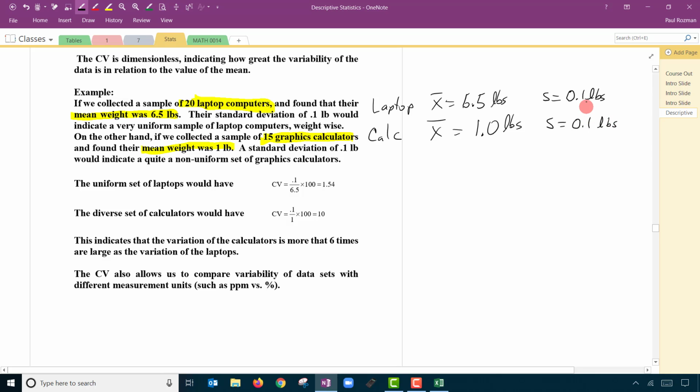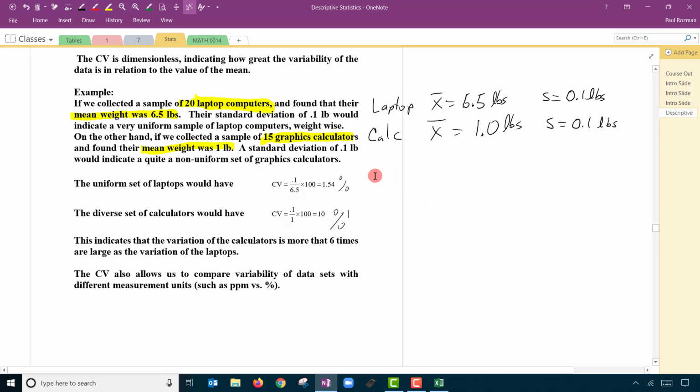So they have the same standard deviation. A layperson might say, well, they're both spread out the same. But that is not true, because 0.1 relative to 6.5 pounds isn't as big a deal as 0.1 pounds relative to 1 pound. And I did the calculations here. I did the ratios. The relative variability of the laptops is 1.54%, whereas the relative variability of the calculators ends up being 10%,